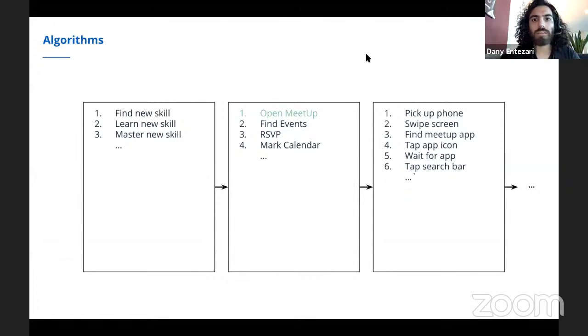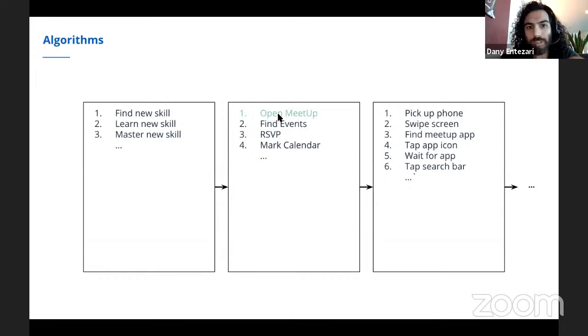involve something like what I suppose everyone has done in this particular meetup, which is go to Meetup, find some interesting events that you might find helpful, check out the dates, click the RSVP button, and then attend the workshop like you're doing now. So step one here on the left itself can be broken down into smaller steps. So step one could be opening the Meetup application, and then finding events, RSVPing, marking your calendar, and then attending.